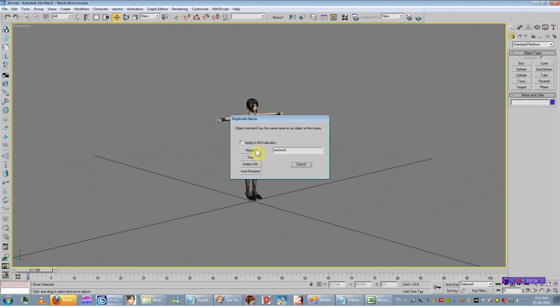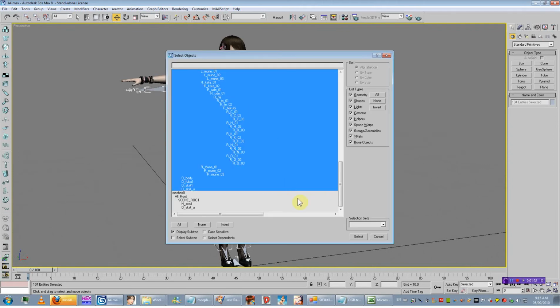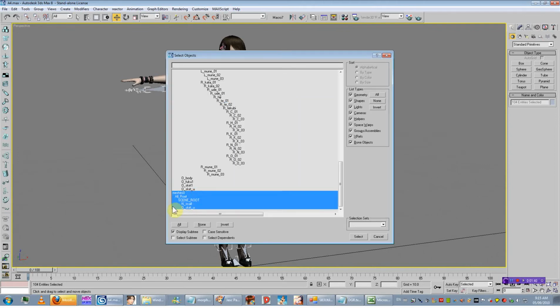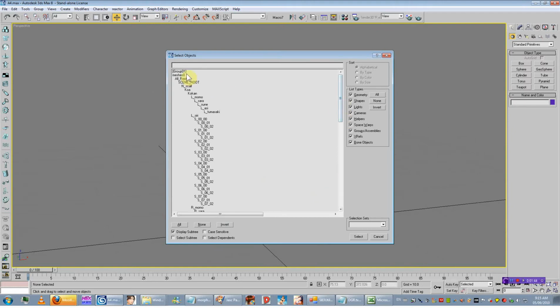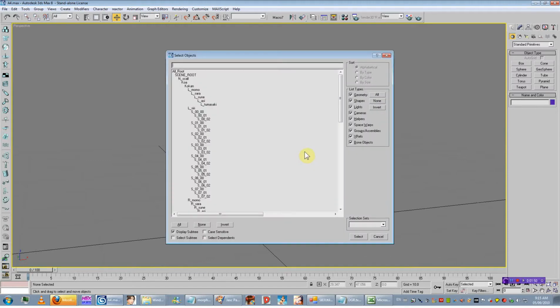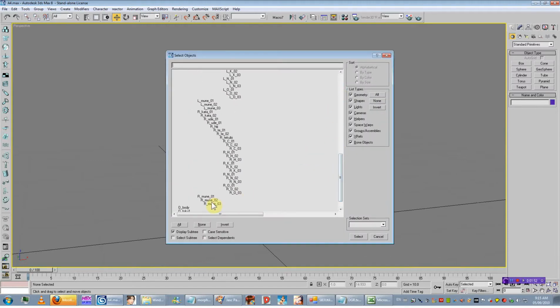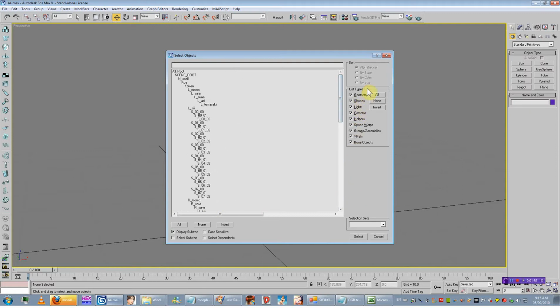What? Merge. Okay. Oh, it's supposed to be there. Okay, delete this. I'm just deleting some extra bones that were left behind by the last import I just did. I guess I didn't delete everything. But anyway,